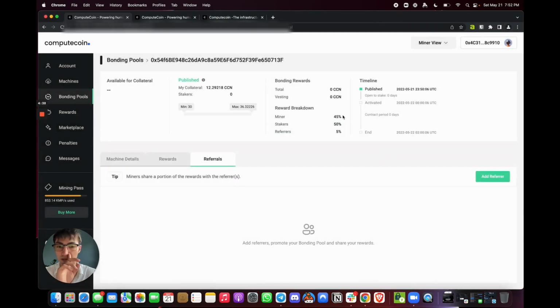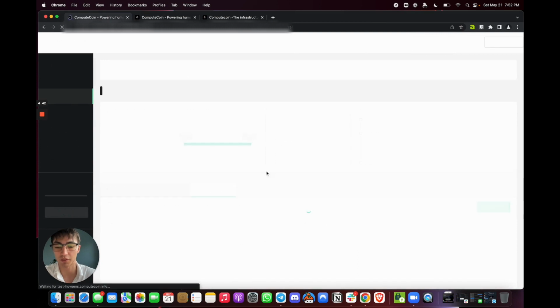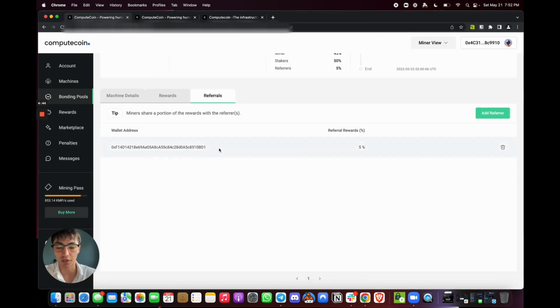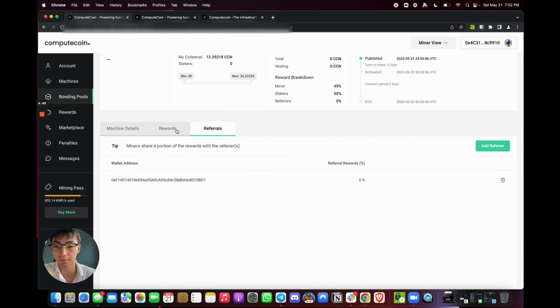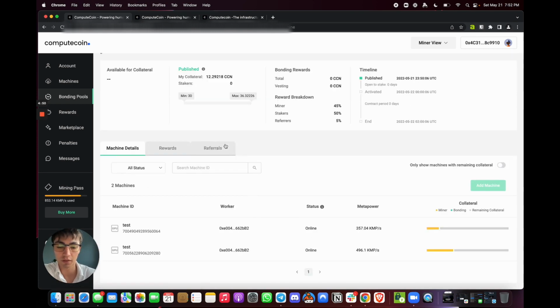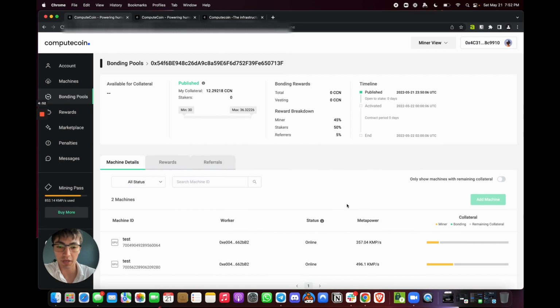And we'll see it takes it out of that miner. So now that referrer, basically, if we just refresh here, he or she will show, and he or she will get a percentage of the rewards also. Great. So now that our contract is actually published,